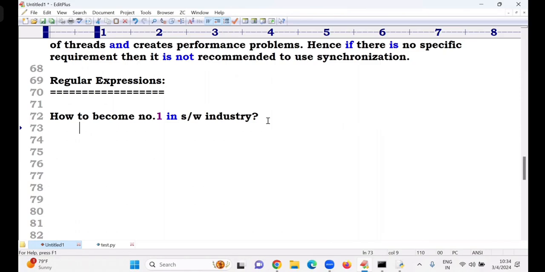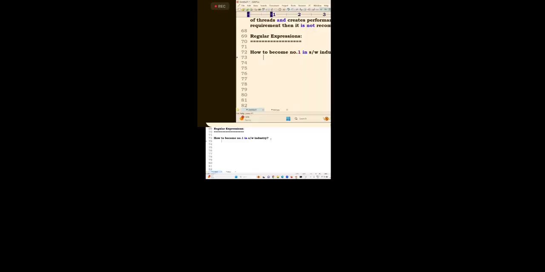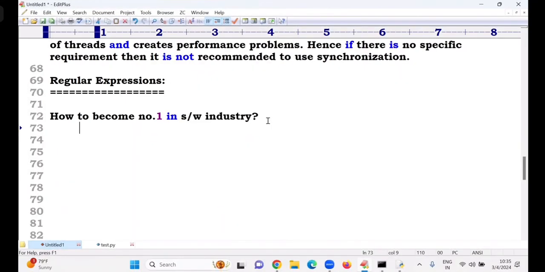Because those mantras are known only to my students. You don't share them with your friends either, otherwise they will become number one. I will give you the three mantras, and then definitely you will reach the number one position in the software industry. But don't reveal this to anyone. Okay? Sir, the first one is